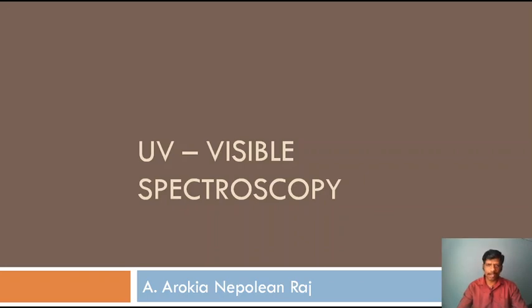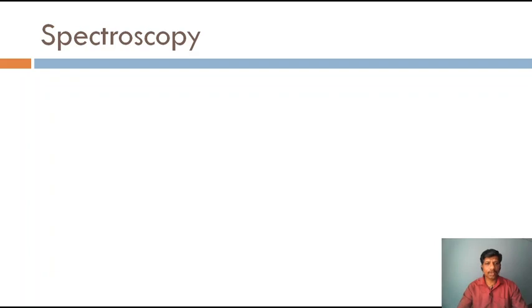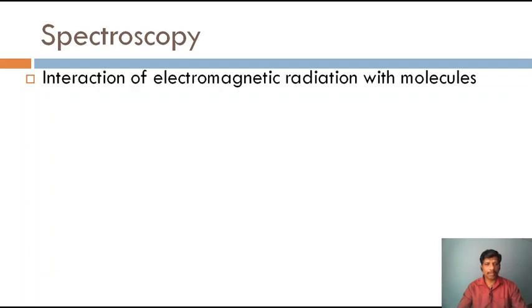Since the molecule is ionized and fragmented, the molecule that we supply is consumed by the instrument, and therefore it is called spectrometry. But hereafter what we are going to see is spectroscopy, in which the interaction of radiation with the molecules is studied, and it is a non-destructive technique. Right? Let us go to what is called spectroscopy.